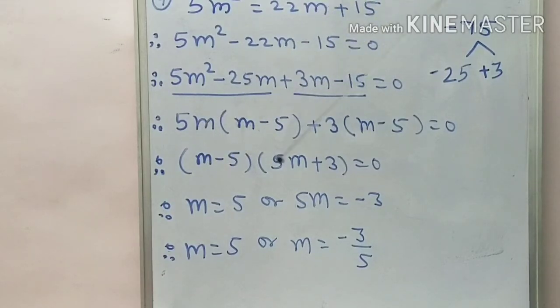remaining terms 5m plus 3 in another bracket equal to 0, means either the first bracket is 0 or the second bracket is 0. It means m equal to 5 or 5m equal to minus 3. Okay, and hence m equal to 5 or m equal to minus 3 upon 5. We are taking this coefficient 5 to the right side, and means 5 and minus 3 upon 5 are the roots of the given quadratic equation. Okay,